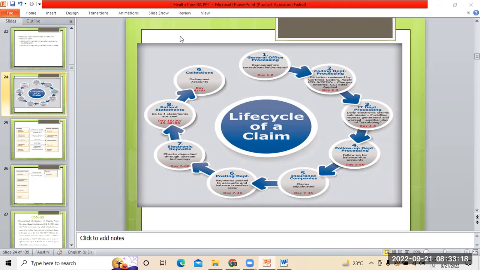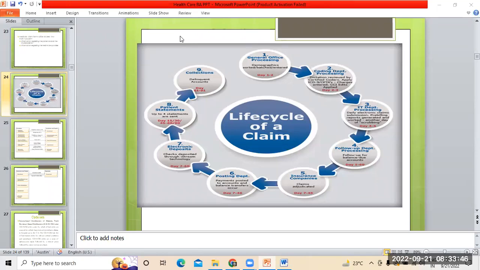Based on the demographics, whatever information is entered, from there to collections, the process runs. It is not calculated from the treatment point of view. Once the treatment is done, once the person is discharged from the hospital, and the process is initiated, from there onwards it will be taken